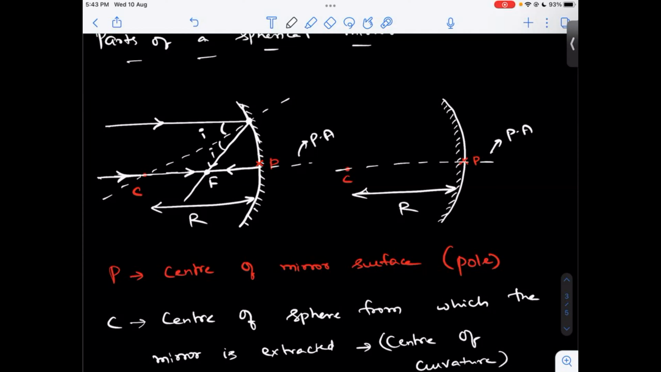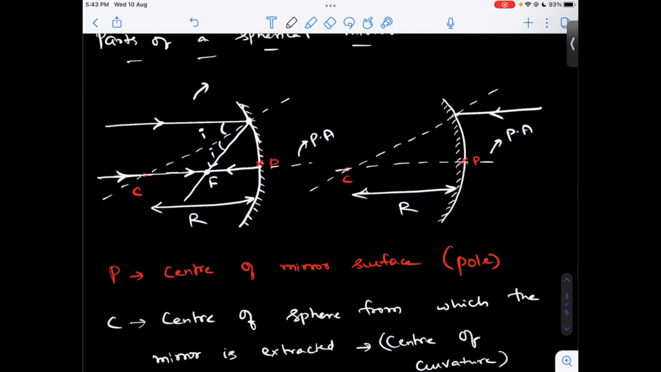But if you see the definition, I have clearly given you "meets or appear to meet." Appear to meet, in the sense that in the case of a concave mirror, they meet in real time. Whereas in the case of a convex mirror, what will happen is, if this is going to be the incident ray, then